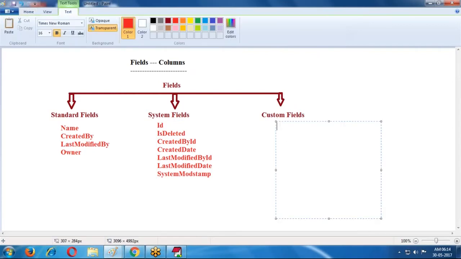Apart from this, we create our own fields, the custom fields.